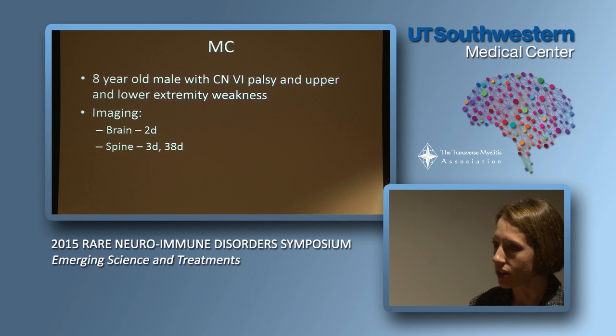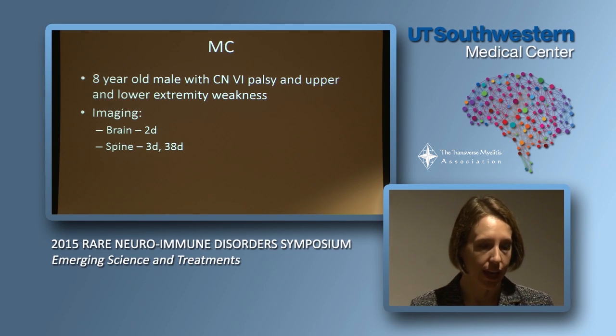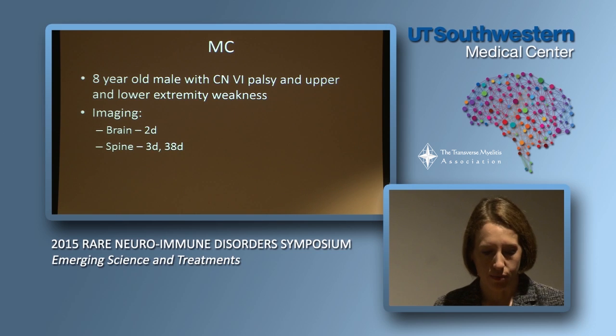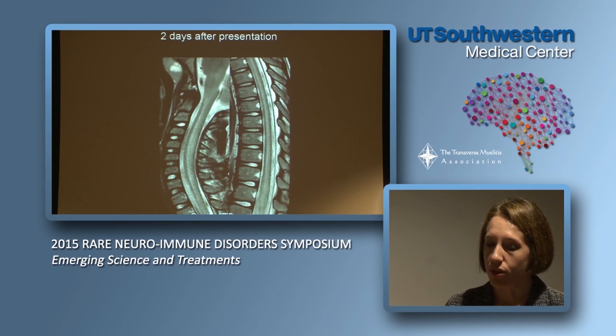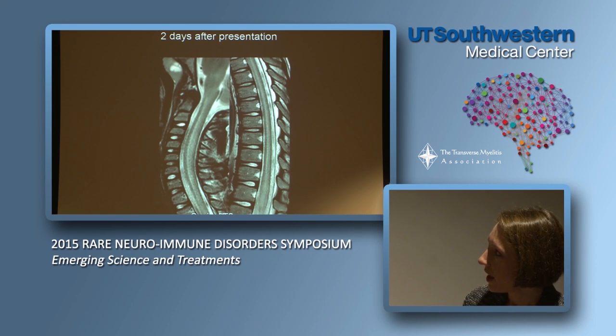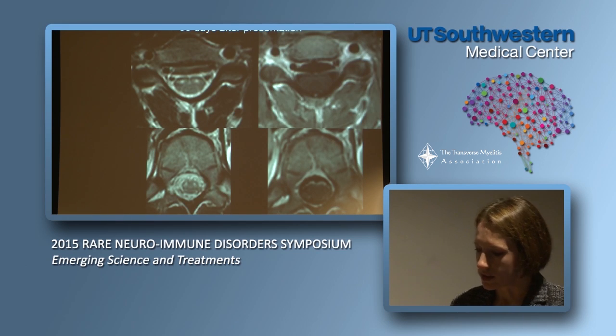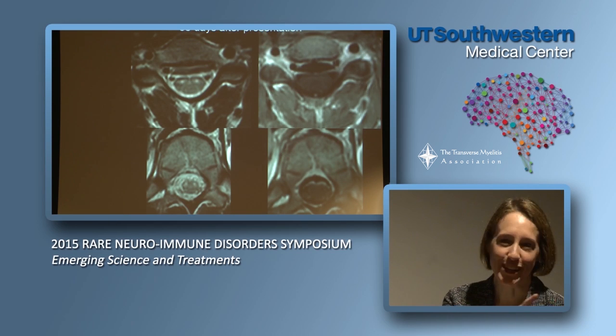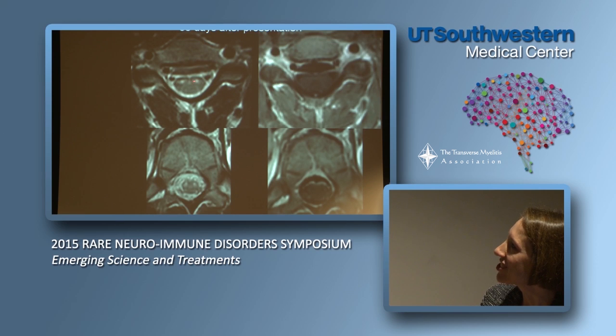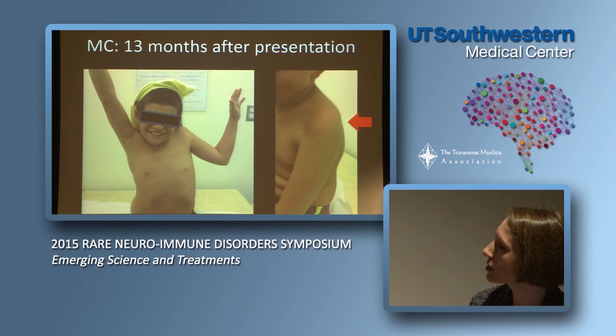One of the other patients that presented in this cohort, MC, who is 8, presented with cranial nerve 6 dysfunction, which means he was seeing double. And he had both upper and lower extremity weakness. And on his MRI, again, you see that stripe right there. Pretty distinctive change, going all the way up and down the spinal cord. And then as we sliced him in half, you see he's got these changes here, again, in very distinctive places where the wire 2 starts.